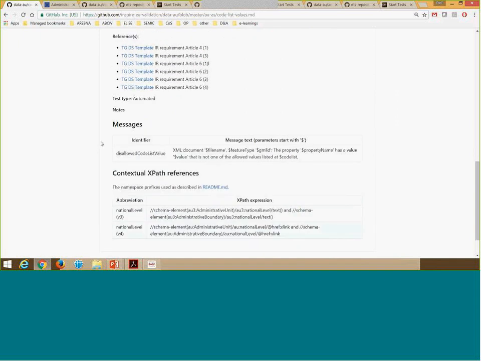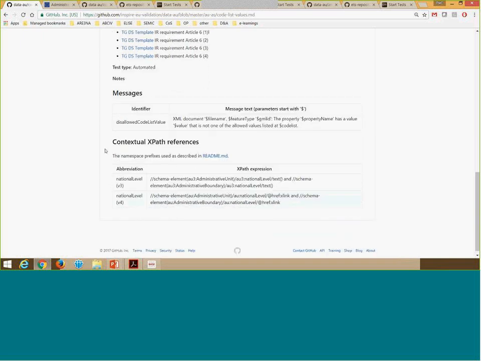Next, we say which kind of error messages a user can expect during validation. And we already link to the executable test suites by specifying the path in which you can find the features that need to be tested during these tests.